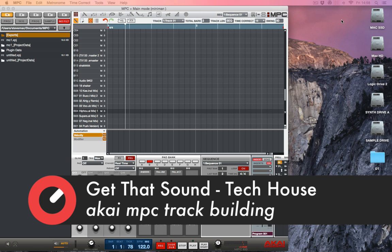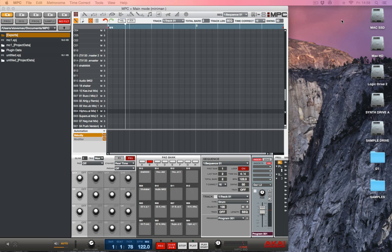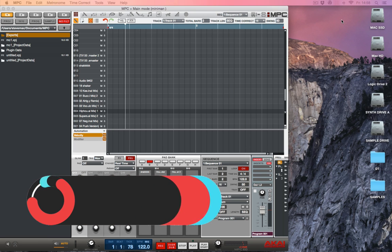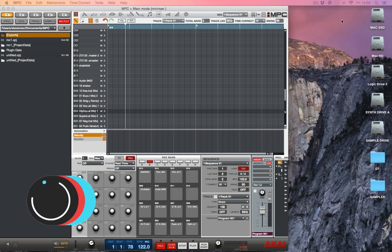Today I'm working on a tech house record, just like the other course I did a few weeks ago, which was more based on the disco sound. I'm going to start the way that I did it before, by building the drum rhythm track on the Akai MPC. So I've loaded some sounds up